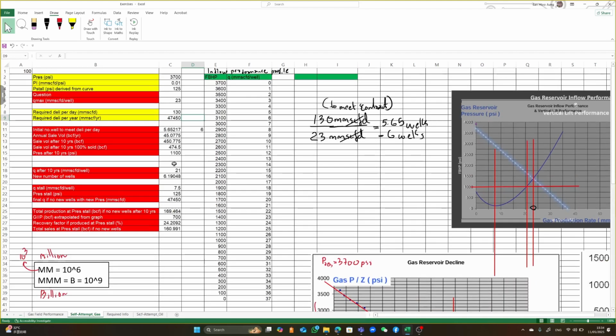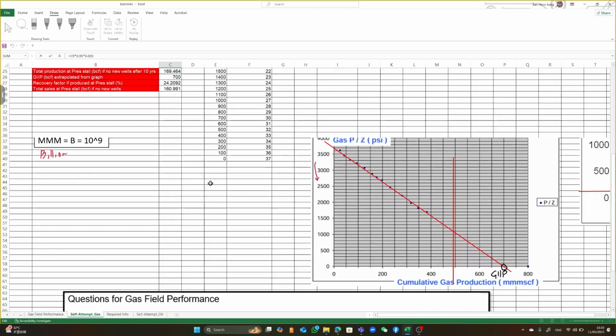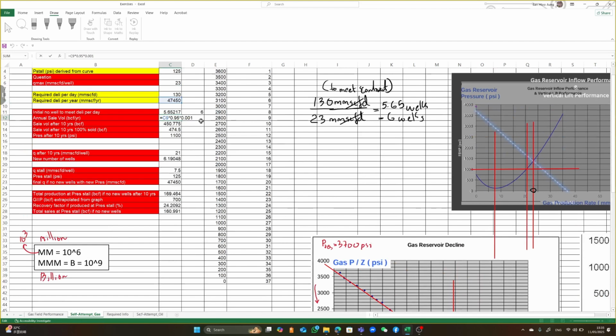So we multiply the required delivery per year by 95%, and then by 0.001. The reason I'm adding 0.001 is that it wants us to state it in billion standard cubic feet per year. That gives us 45.0775 billion standard cubic feet per year